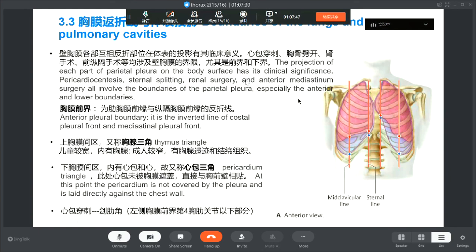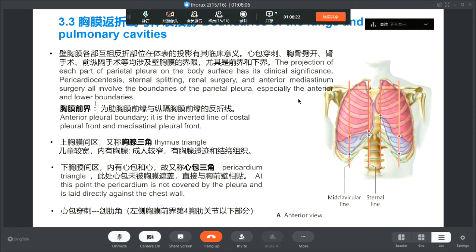The projection of each part of the pleura on the body surface has clinical significance, and it involves the boundary of the pericardium and the pleura, especially the anterior and the